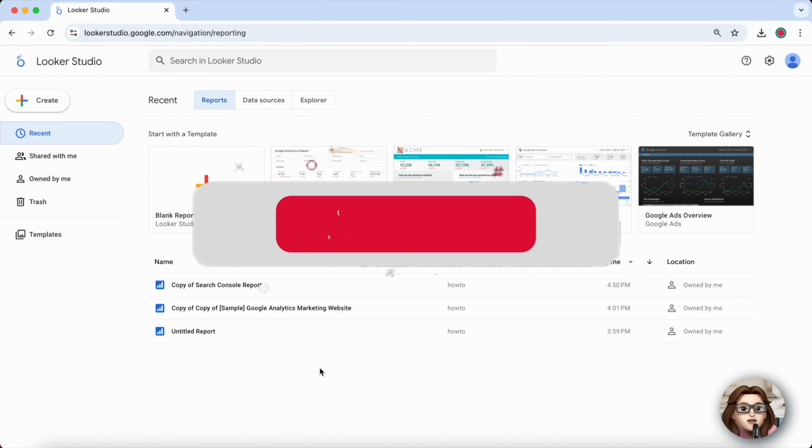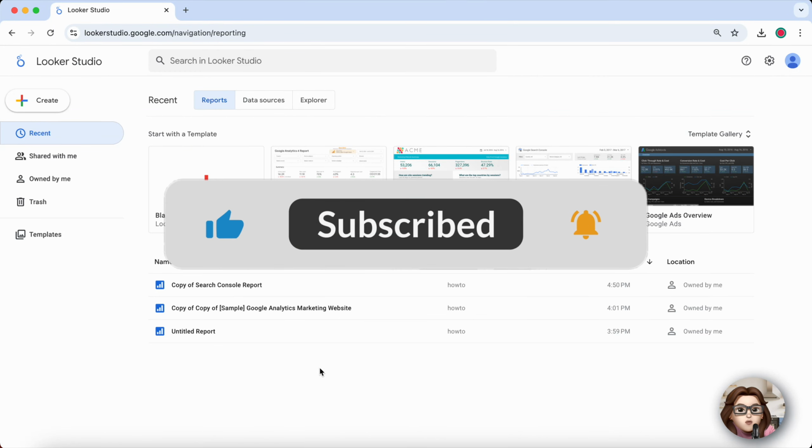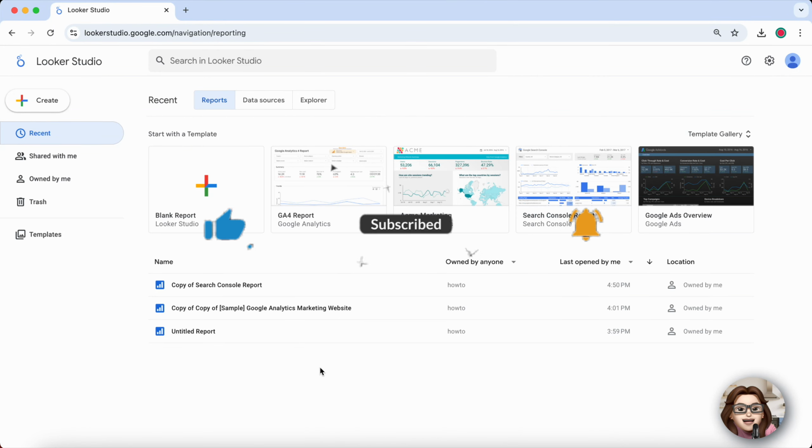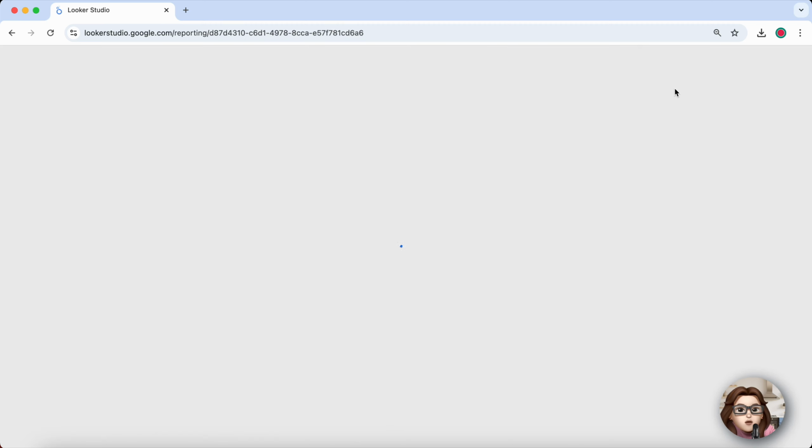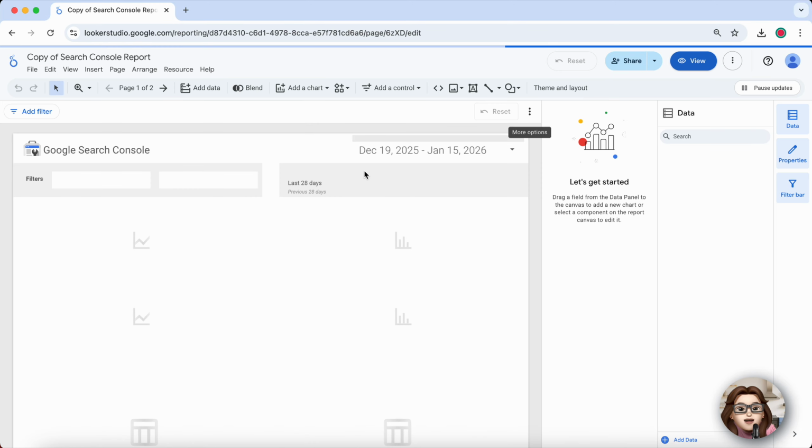In today's video, I'll show you how to add page filters in Looker Studio reports so you can focus on the data that matters most. Start by opening your browser and logging into Looker Studio. Once you're on your dashboard, open the report you want to edit and navigate to the specific page where the